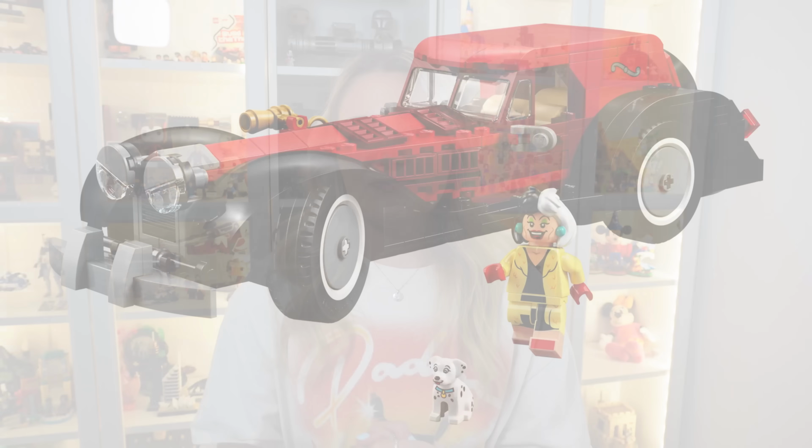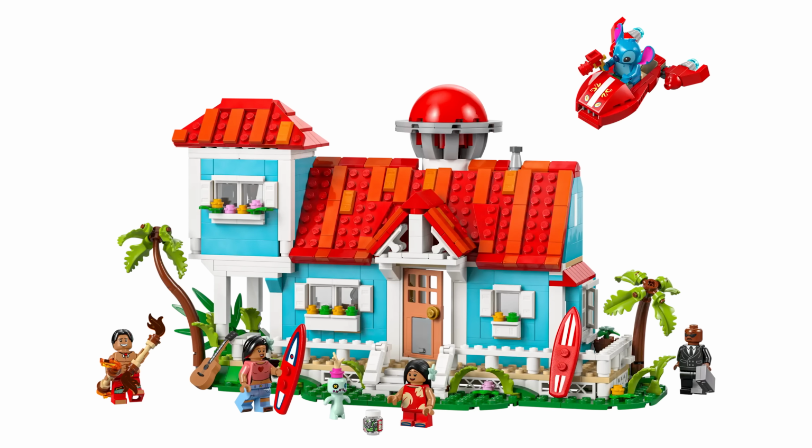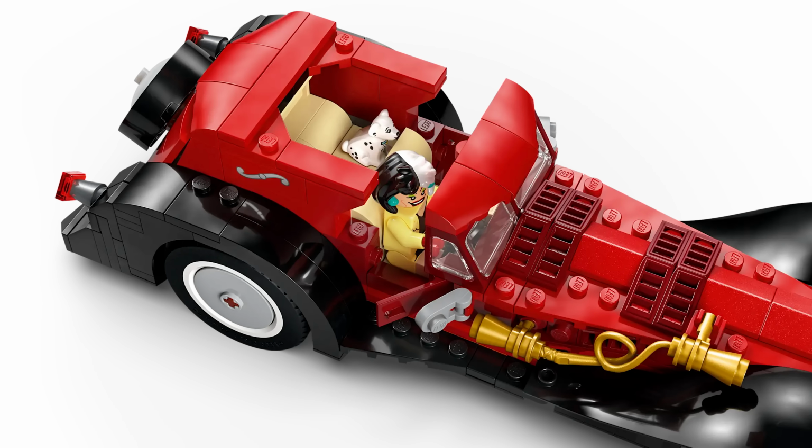Next up, similar to WALL-E and Eve, is Cruella de Vil's car. Now, when this first released, I got really excited. This is what I've been wanting for so long, LEGO Disney sets with minifigures that aren't Disney princess mini dolls, but just regular Disney things, you know what I mean? And then this year we've gotten Stitch's house and now Cruella de Vil's car, and I still haven't bought Stitch's house. That is one that is on my radar,